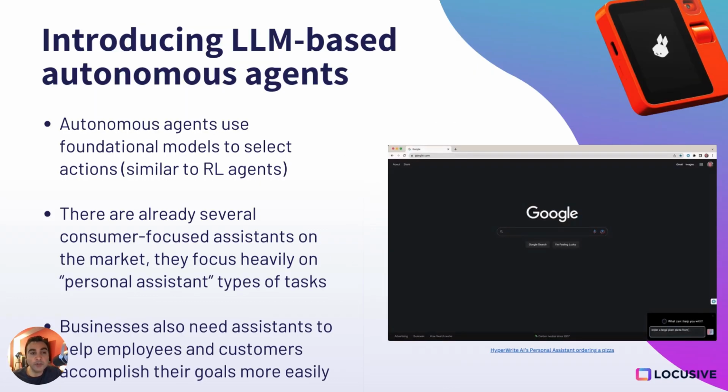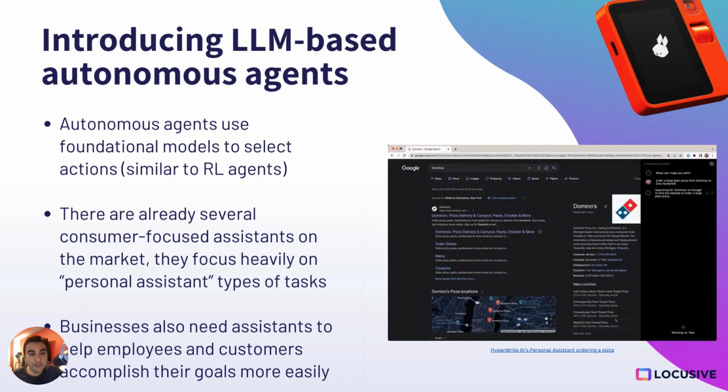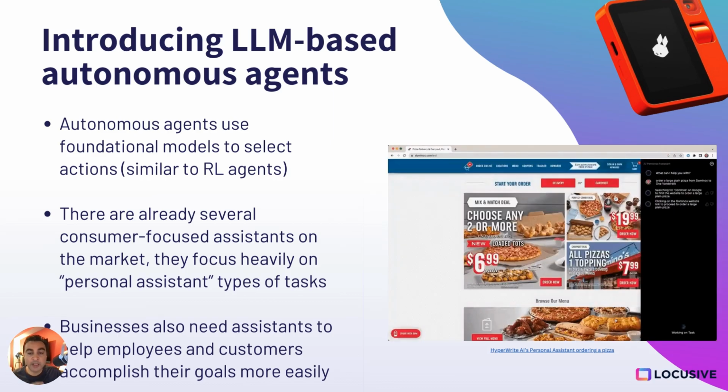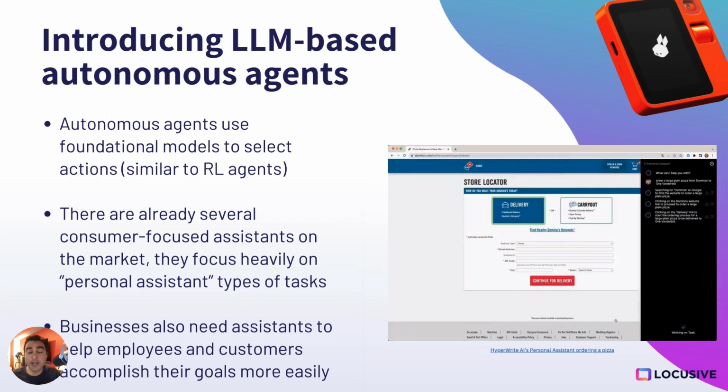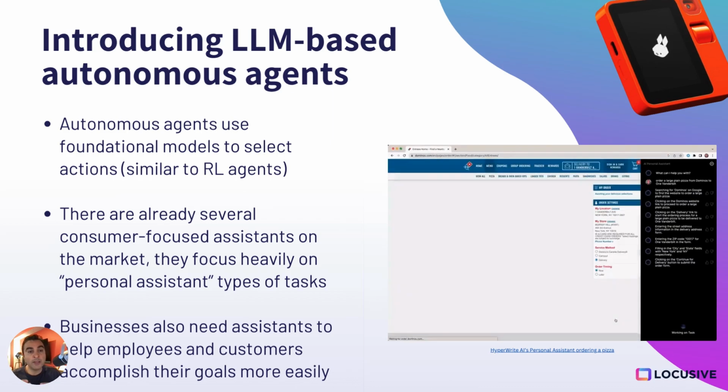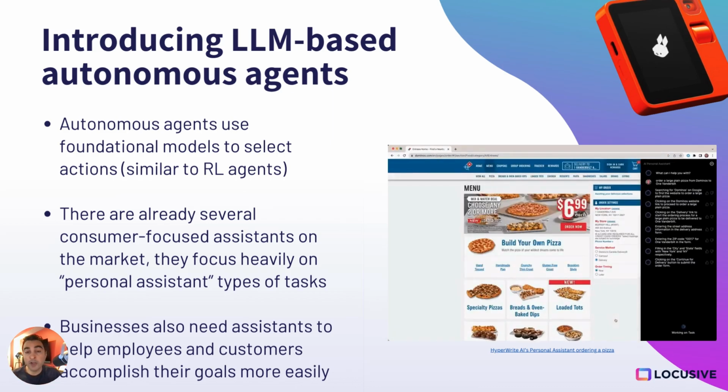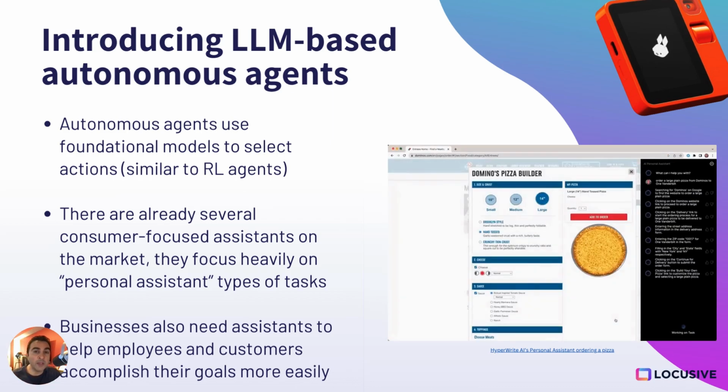And so that's sort of where LLM based autonomous agents come in. Now, you might have heard the term autonomous agent in the past, especially a few years ago when Google produced this application that could essentially beat the world's best player in Go, which is a very complicated and complex game. They created an autonomous agent, but they used a different type of AI called